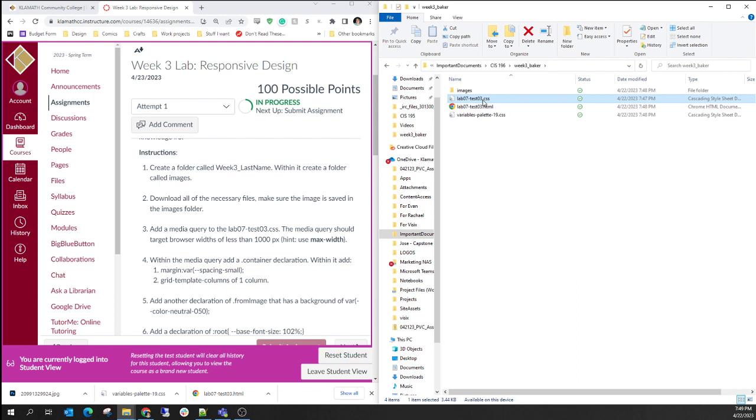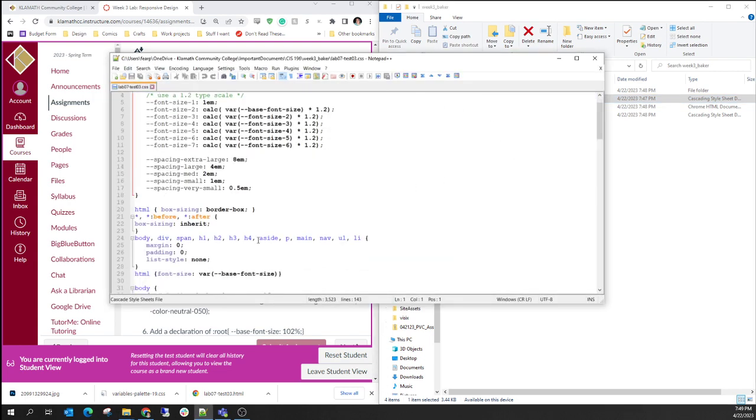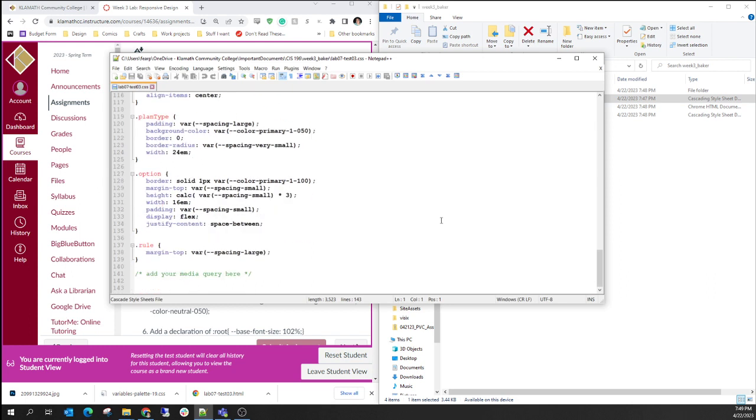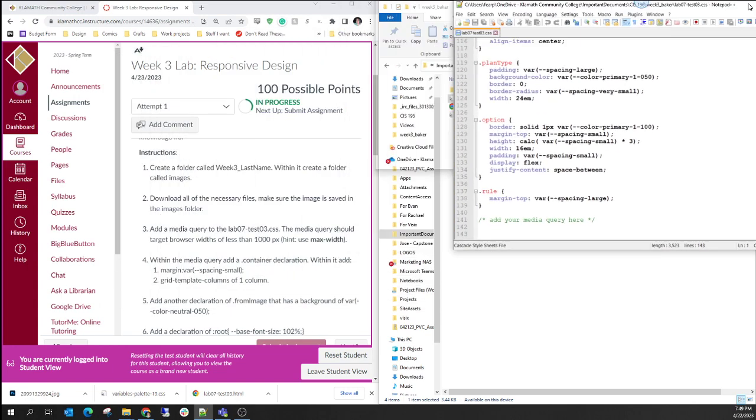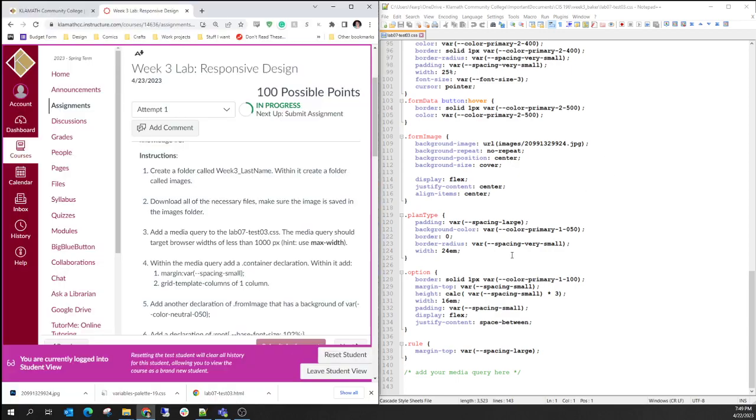If you're using Notepad++, it's really easy. You can right click on it and go to edit with Notepad. If you are using another file opener, another text editor, that's the word, you can either do the same kind of thing like an open with, or you can open it from there. So down here at the very bottom of the file, it says add your media query here,